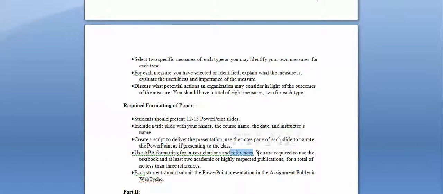As always, for every assignment, you're going to want to have a reference page. Ideally, you should have an introductory slide that explains what you're going to be covering, and you should have a summary slide that basically says this is what we covered as a part of this presentation. So those 4 slides I just talked about, your title, your reference, your introductory, and your summary, take up 4